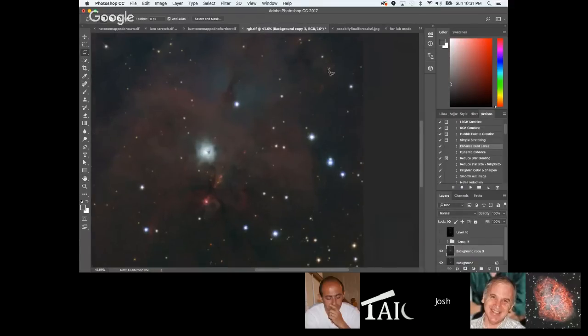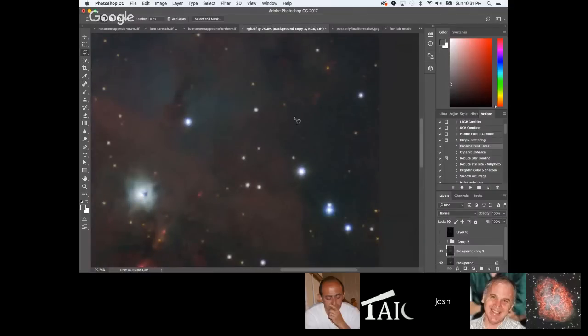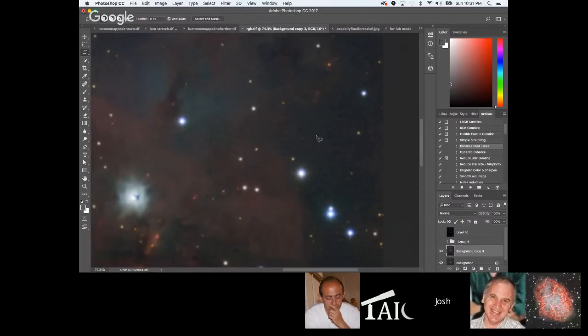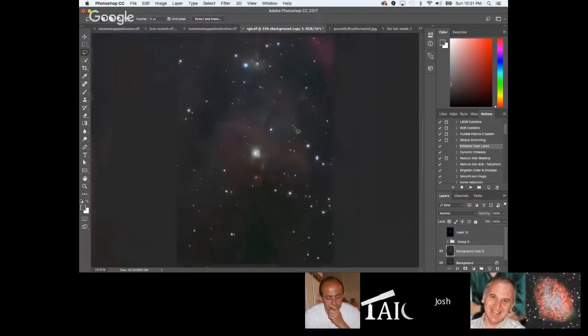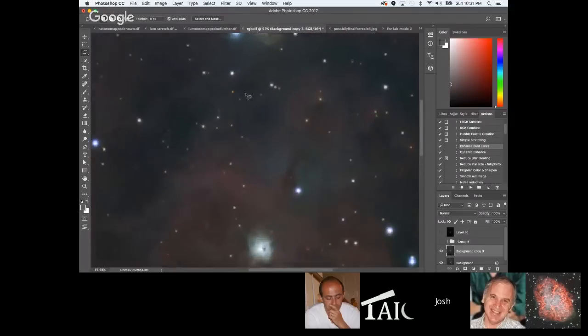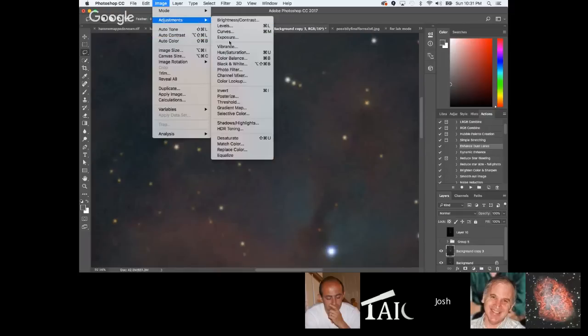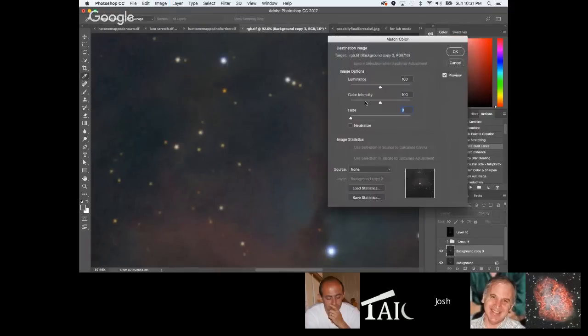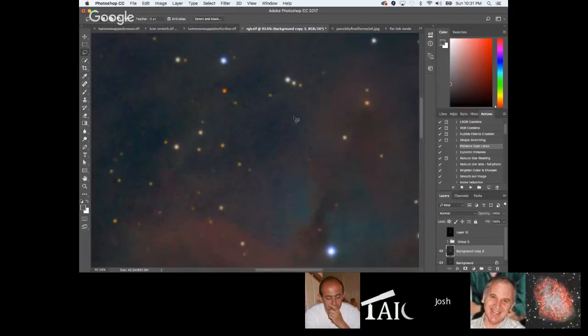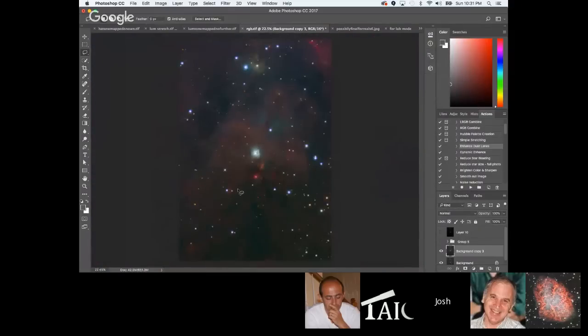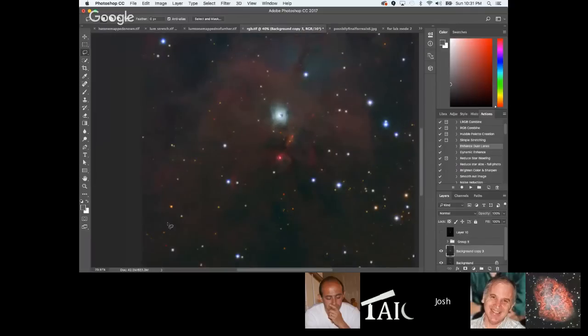And what that'll do is fatten them up just a little bit as well, so that they'll fill out the core of the star with some good color in there. So we might even bump up the color just a tiny bit more before bringing that over. Okay, now these stars have some really good color in them. You can see the rich blues, yellows, reds, oranges, just a little bit of everything here. So we want to copy this layer